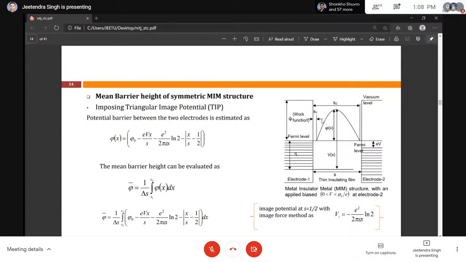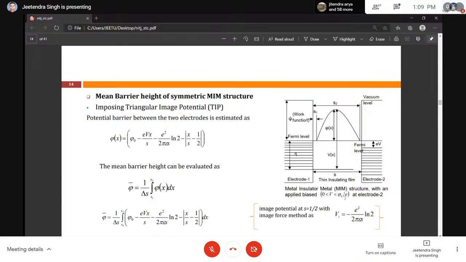After the superimposing of the image potential, the corners of the rectangular barrier will be molded, and it is shown as a parabolic or some other kind of structure. Initially we have a rectangular barrier here, and when we apply a voltage across it, which is certainly less than the rectangular potential of this barrier,